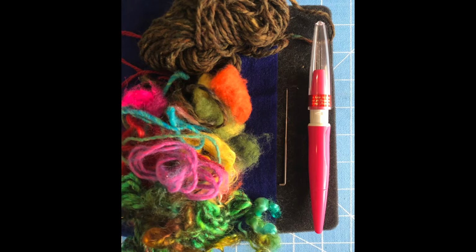Welcome back to Block 10 of the Summer Squares series. In this lesson, we're going to explore painting with fibers in a very fun and easy art form called needle felting. All you need is a single felting needle, some foam or styrofoam,